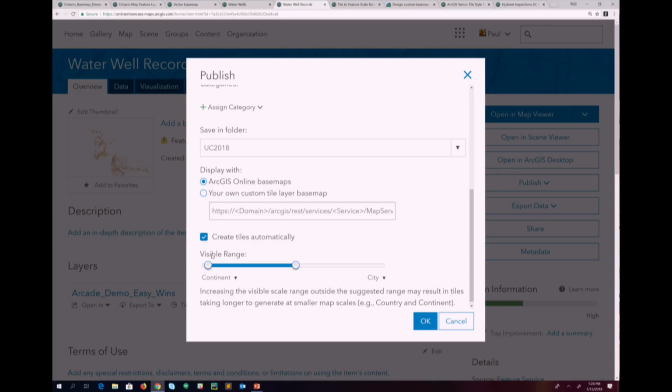And I've got checked create tiles automatically. And so what that's going to do is, as the feature layer changes, it will remove the tiles that are outdated and regenerate them as needed. So I'm gonna click this and let this run,